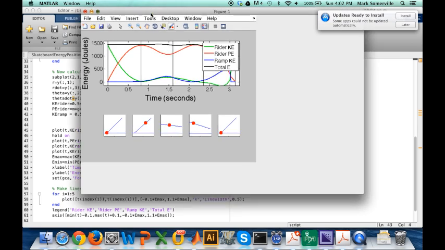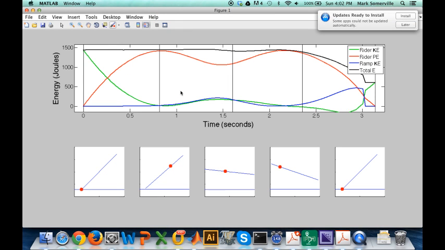As you'll recall from last semester, we did a couple of things in this validation. One of the things we did is look at what the state variables are. I created these keyframes where the position of the rider starts out on the left, and the rider starts to move up the ramp. Once the rider passes this pivot point, that's exerting a torque. There's a torque exerted on the ramp by the rider's normal force, which causes the ramp to start to rotate. At the same time, the rider experiences a gravitational force down and a normal force from the ramp up and to the left, which in sum causes the rider to accelerate back down the ramp.